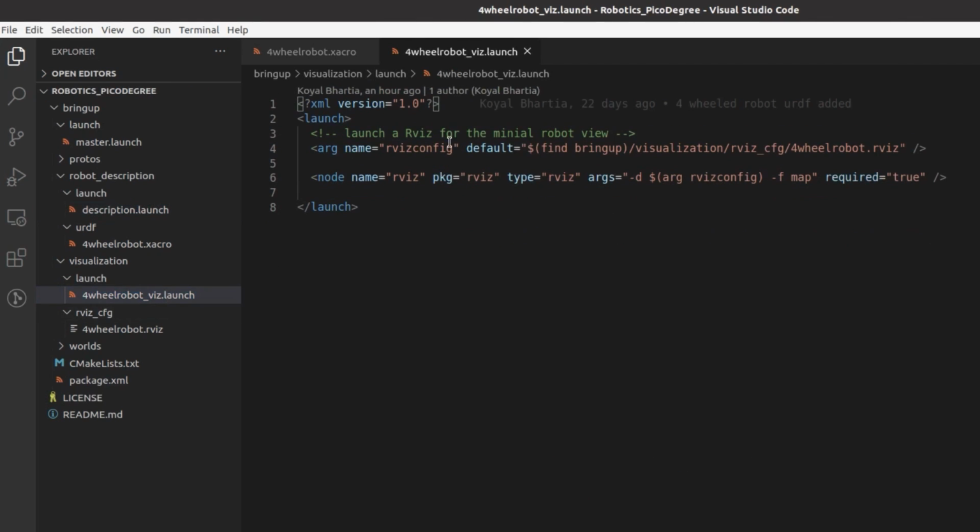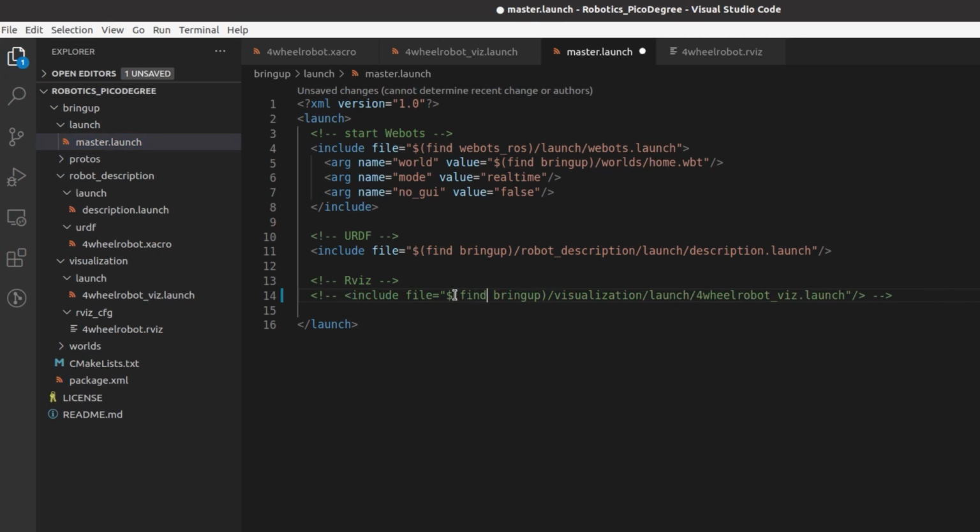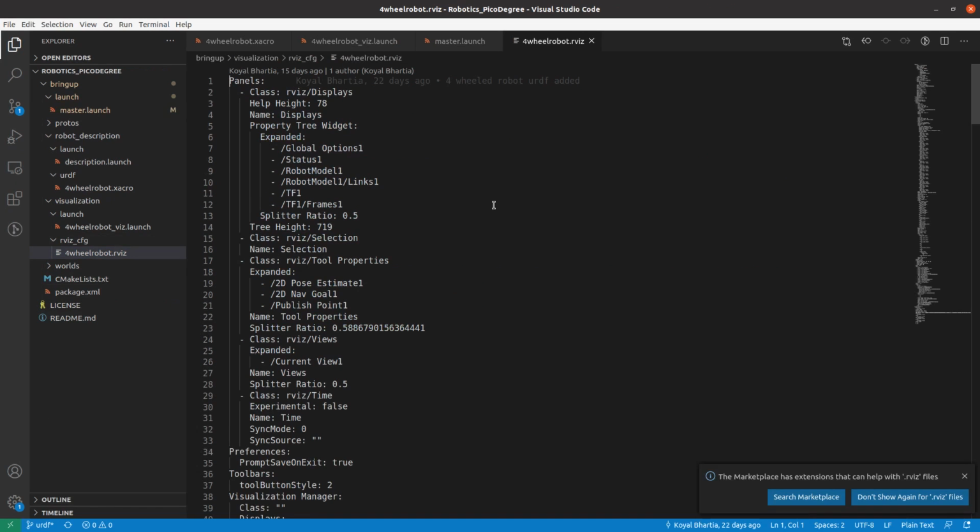In visualization, we make use of a 3D visualization tool called RViz. RViz is capable of providing a view of your robot model, sensor information, images, point clouds, etc. Here we load the RViz config file that we have saved and it gets launched every time the master gets launched, because we are calling the launch file to load RViz in the master launch file. For a better understanding, I'm going to comment this out from the master and show you how we can create our own RViz configuration from scratch.